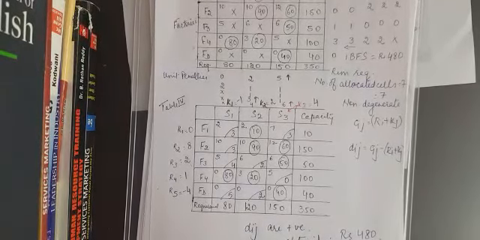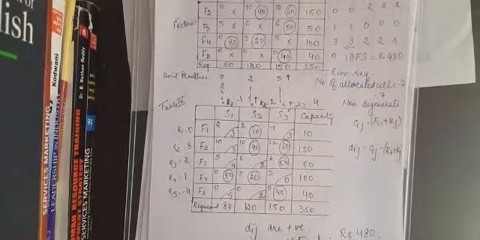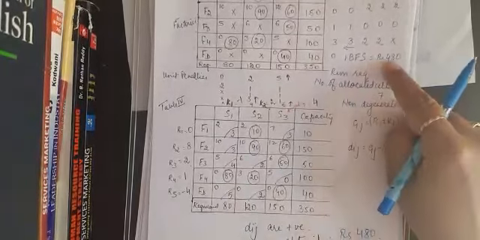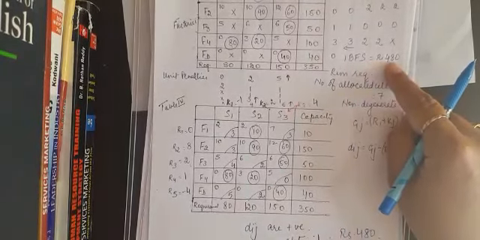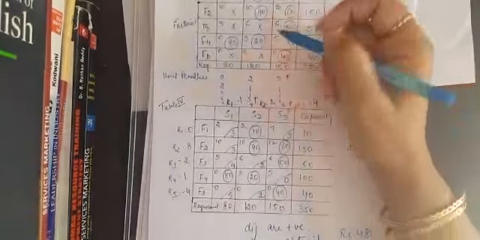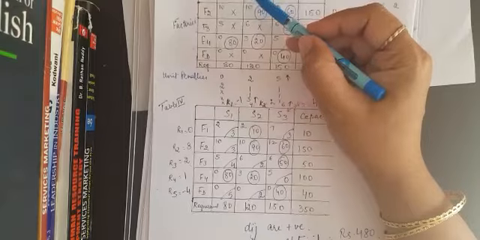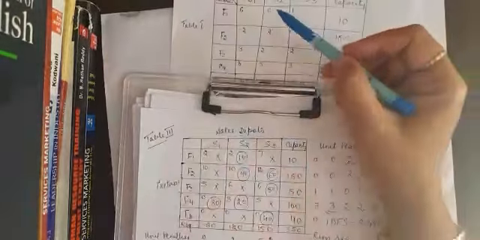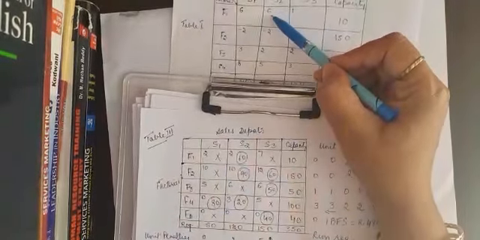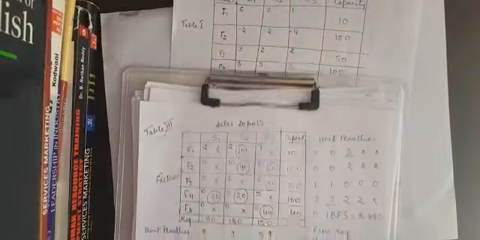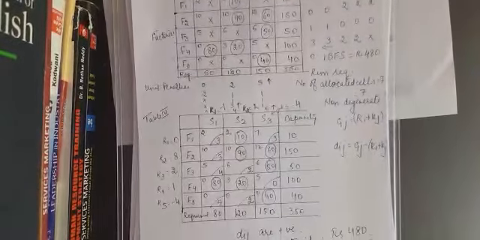The important point in this question was deriving the profit. Then when we have to calculate the initial feasible solution, the unit values are not to be multiplied by the loss matrix, but by the values in the profit matrix. So this is going to be the initial feasible solution, which is also the optimal solution.